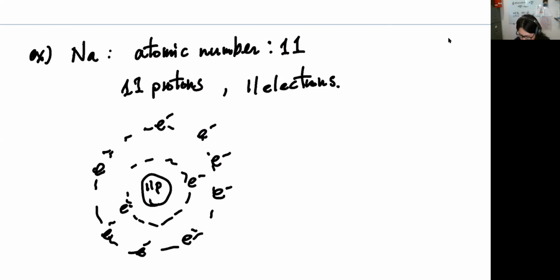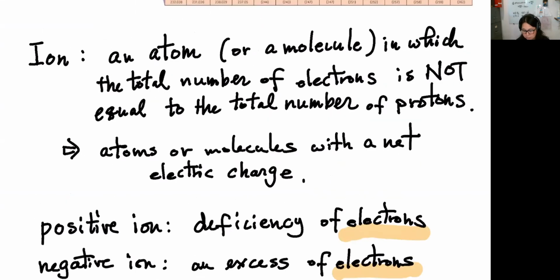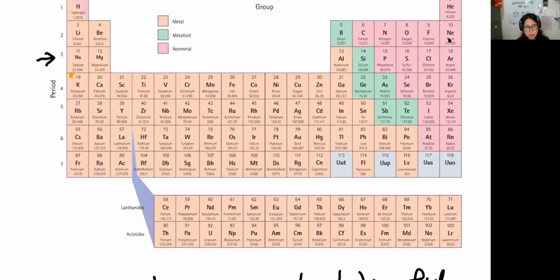And then on the third shell, there's 1 electron sitting. But the third shell actually has 8 seats available: 1, 2, 3, up to 7 and 8. So 1 out of 8 is taken on the third shell in the case of sodium, right? Sodium is 11, so it's only filling up the first